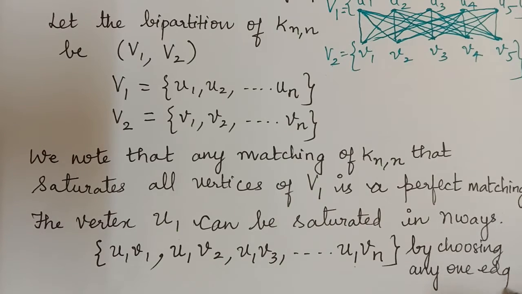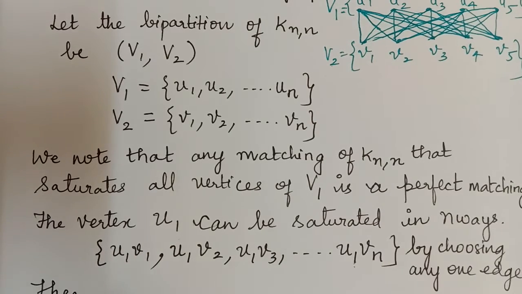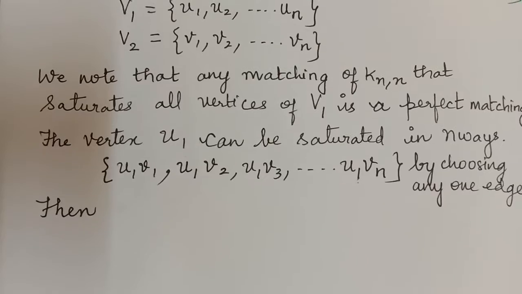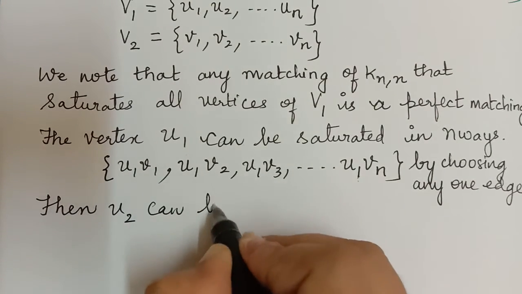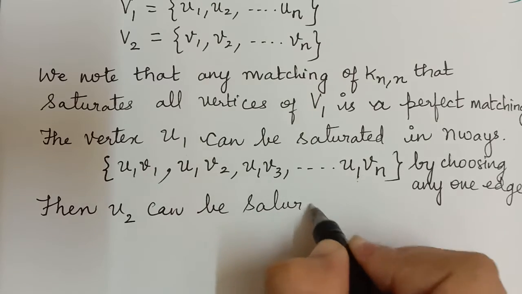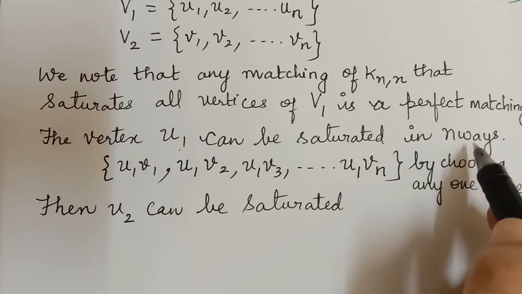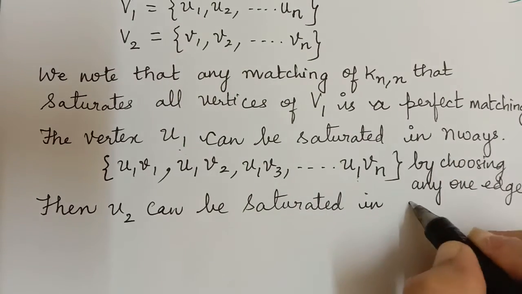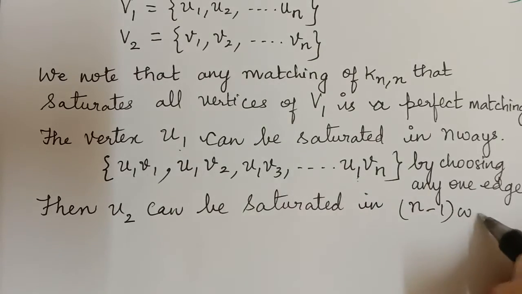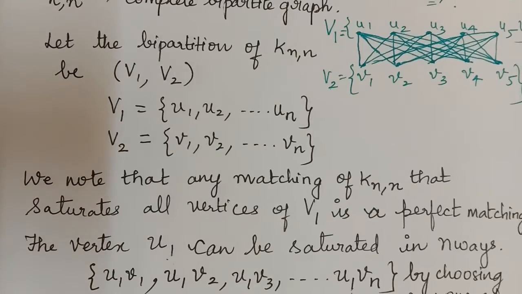So by choosing any one edge from these n edges, the vertex u1 can be saturated. Then we will go to the next vertex, u2. Now this can be saturated in how many ways? Already u1 has been saturated in n ways. So u2 can be saturated in n minus 1 ways, because now u2, if we see, it is adjacent to